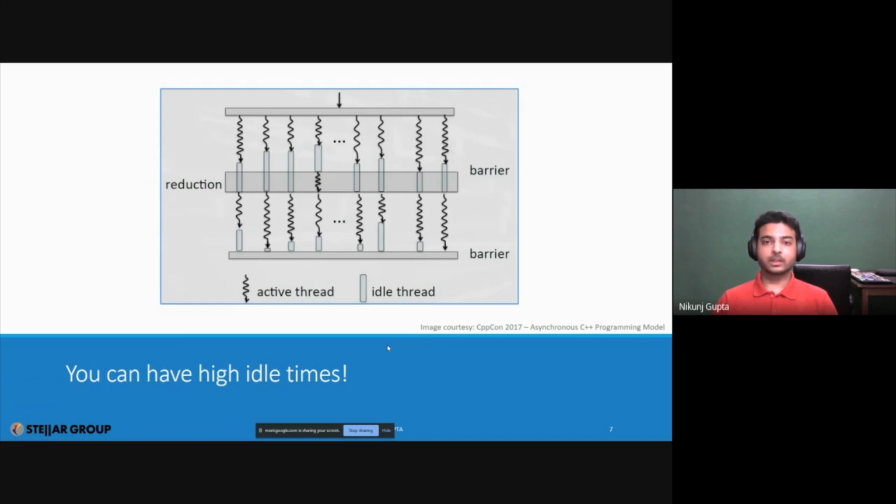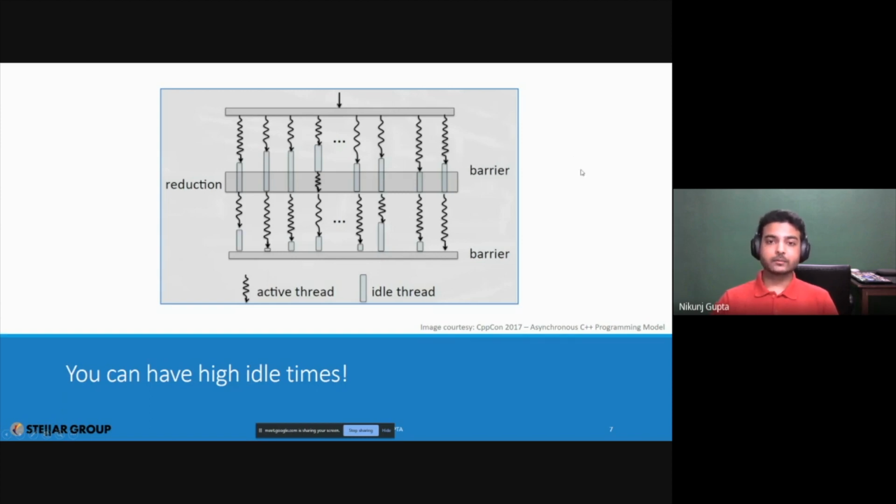Furthermore, if we see how things work in a fork-join setting, let's say you have an OpenMP for loop, and let's say it's not a uniform workload. What happens in the end is that you have all sorts of idle times, and these idle times are based off the slowest step of that for loop. So for example, in this case, this is the thread that takes the most amount of execution time, and therefore every single other thread ends up completing its work and then idles. And this is also something that actually hurts your performance a lot.